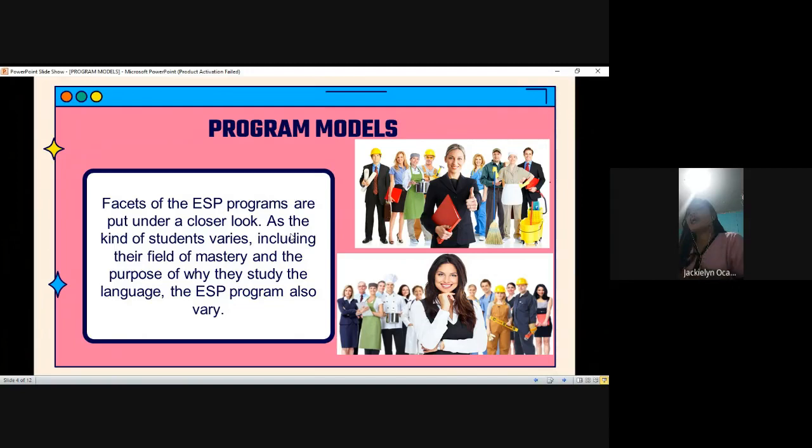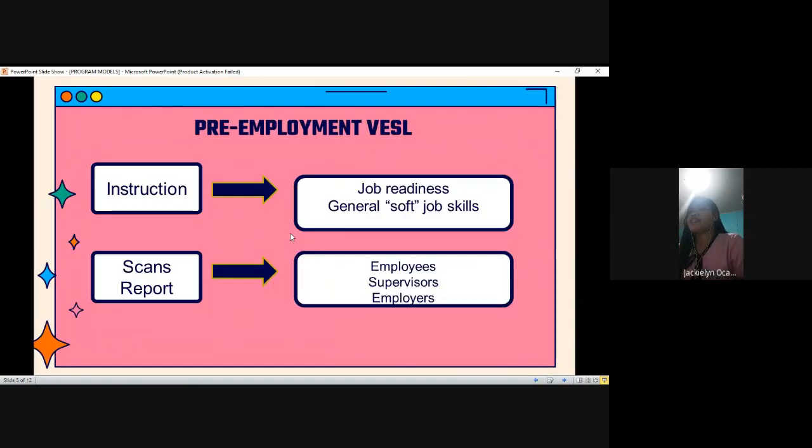Program models have different kinds. One is pre-employment VESL. VESL, which is Vocational English as a Second Language, includes narrow-angled and wide-angled. Narrow-angled courses focus on one type of job, and wide-angle courses have a more general, comprehensive curriculum.